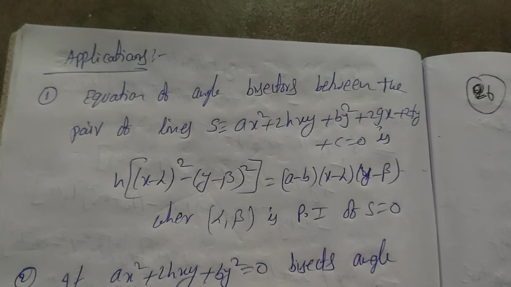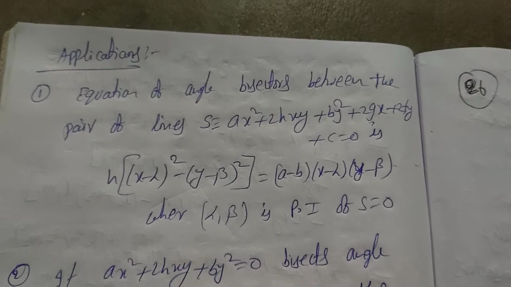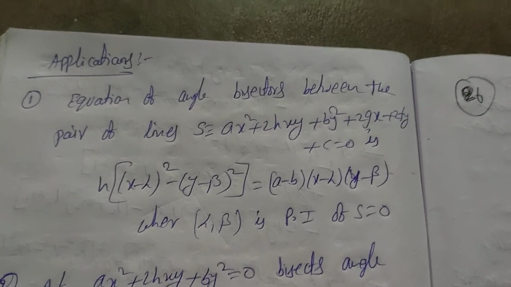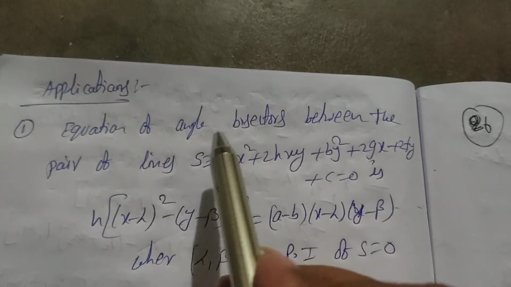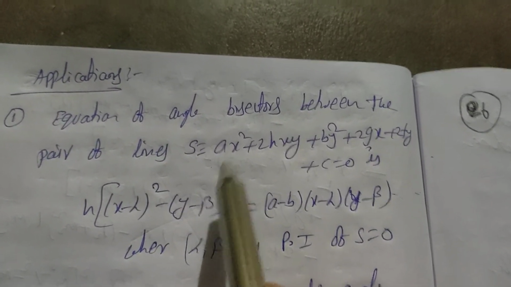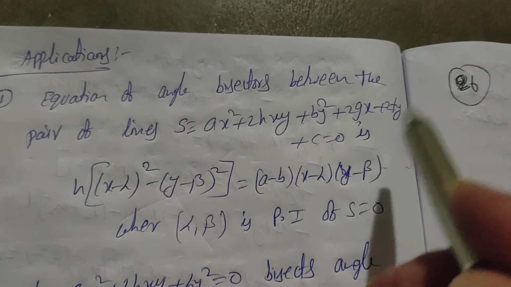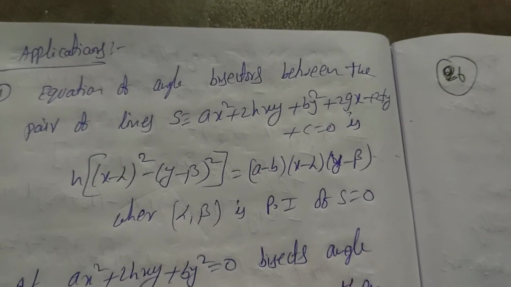Good morning, students. Now we are going to discuss some applications based on angular bisectors between the pair of lines. First one: equation of angle bisectors between the pair of lines S. If you denote S as ax square plus 2hxy plus by square plus 2gx plus 2fy plus c is equal to 0, then